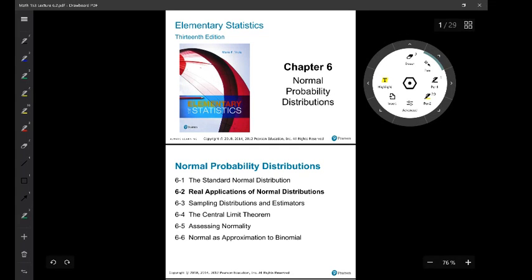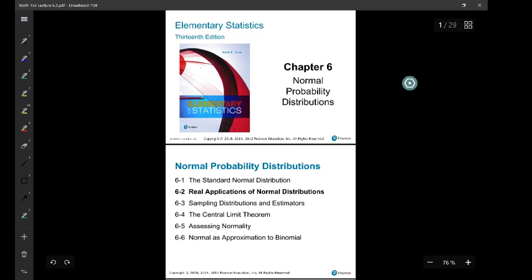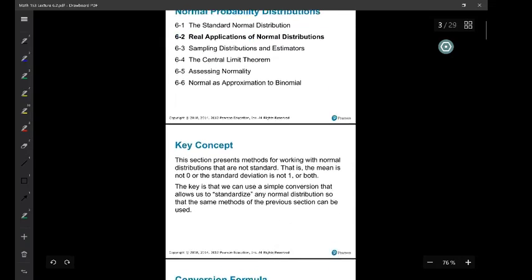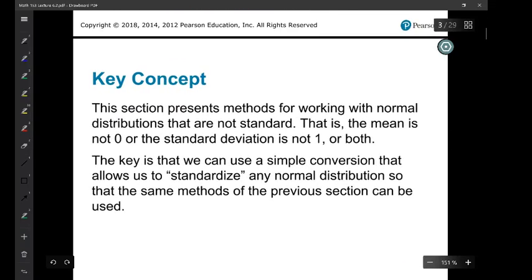Okay, this lecture will be on 6.2, applications of normal distributions. The key concept we want to introduce is that when working with normal distributions that are not standard, meaning the mean is not 0 and the standard deviation is not 1, that would be not standard. We can standardize it or transform it into a standard normal